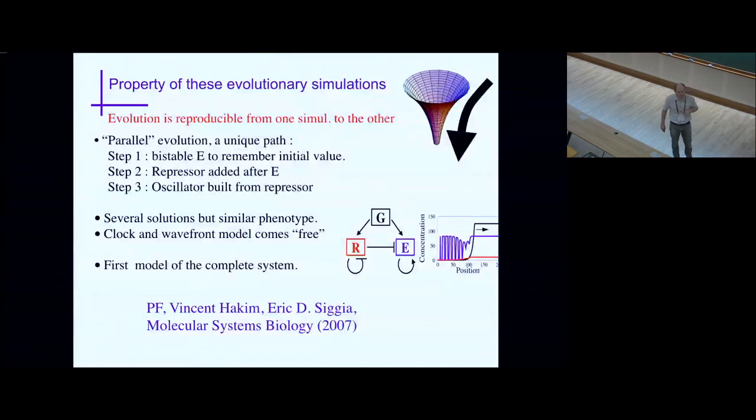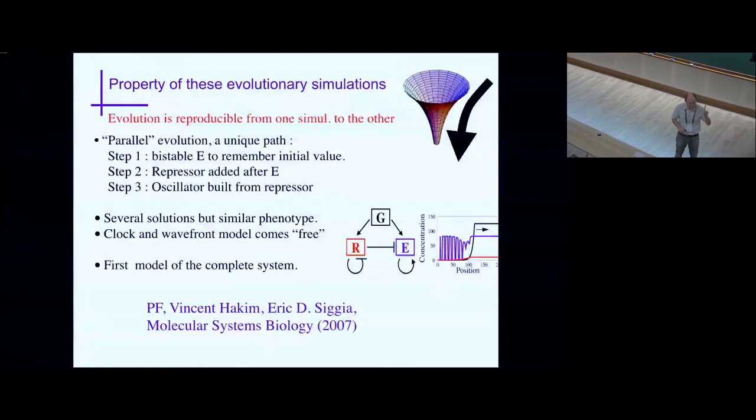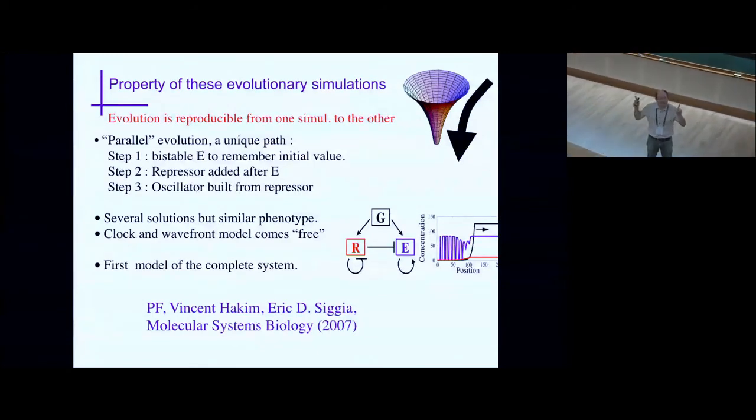No, I'm very stupid. Everything I will tell you today, I had not figured out before. So this network appeared in the evolutionary simulation. I did not think about it. But okay, the full story is that I had thought that a clock coupled to a bistable system might be the solution, and so I tried to build a model by myself. And it was horribly complicated. I could not get something simple. This model is much simpler than anything that I've done.